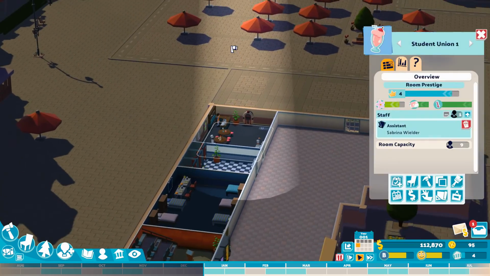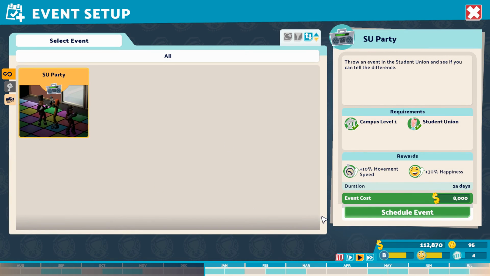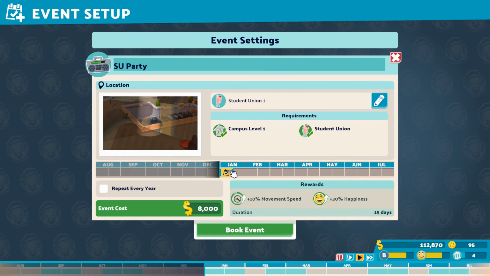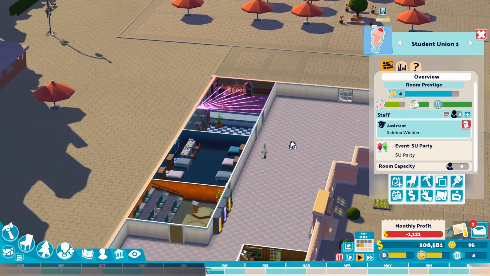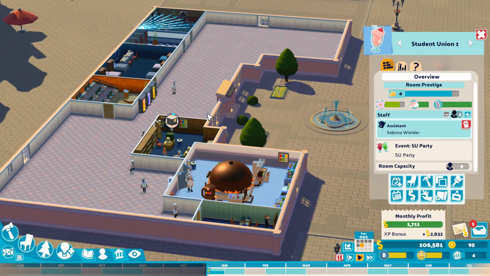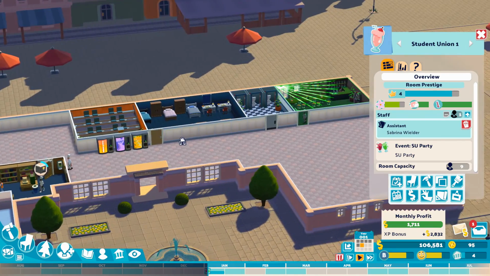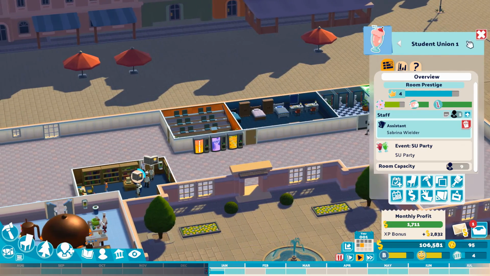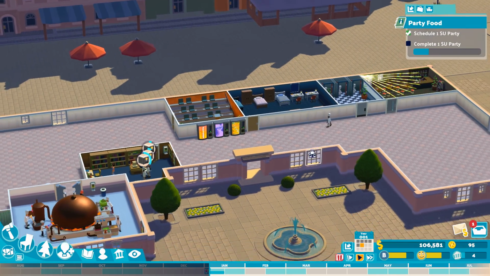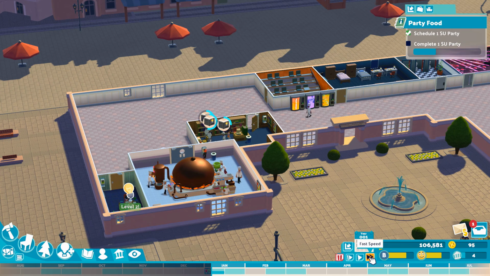And we now need to schedule the student union party. So click on your schedule. We're on student union party, schedule event, and book event. It's going to cost us £8. You can move it, but we'll just do it immediately. And there we go. The student union party is kicking off, which will improve the happiness of our students. And of course you can run it multiple times to keep improving the happiness of your students to improve their